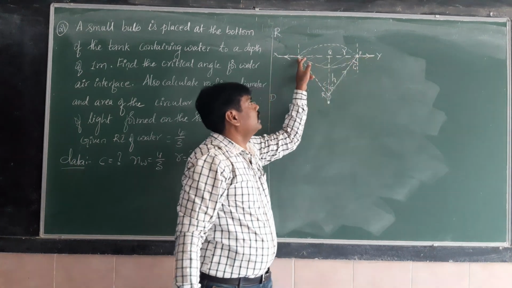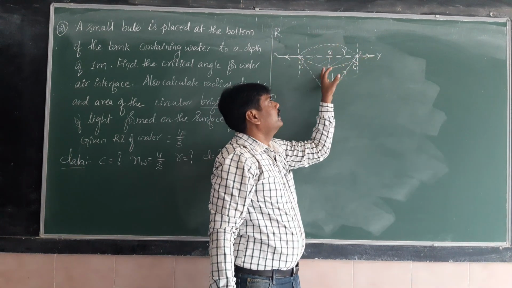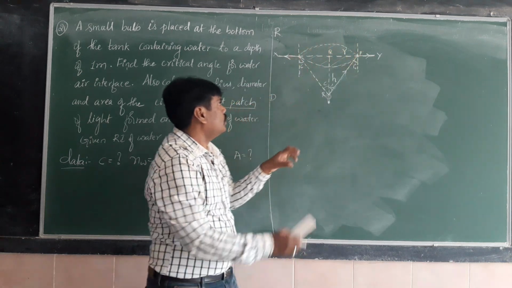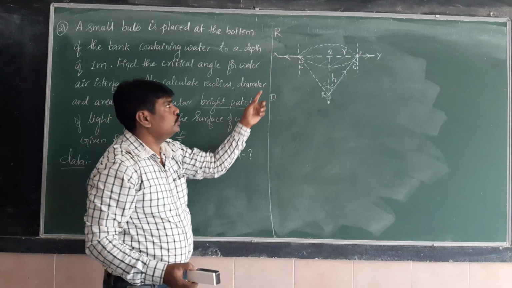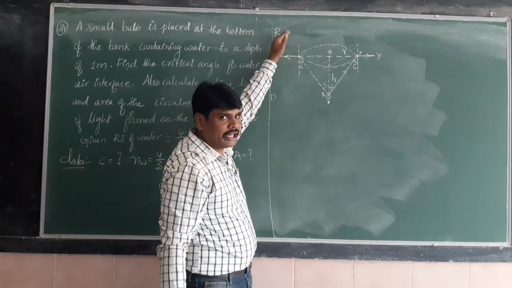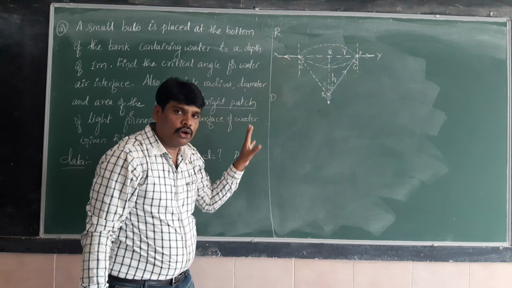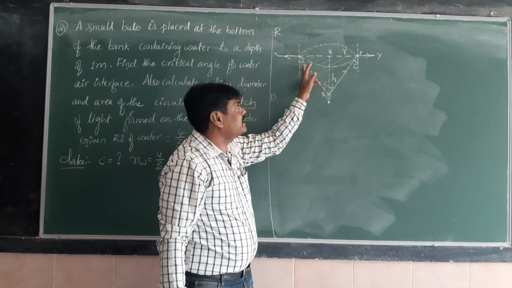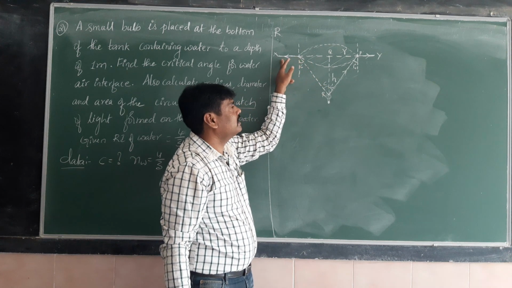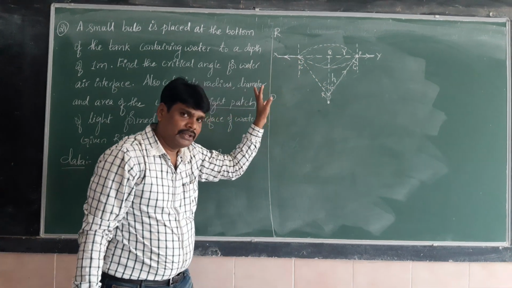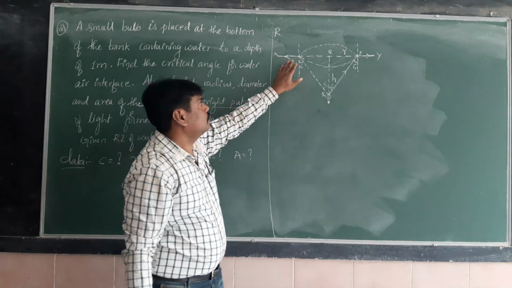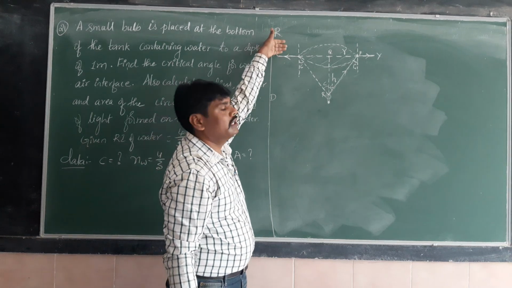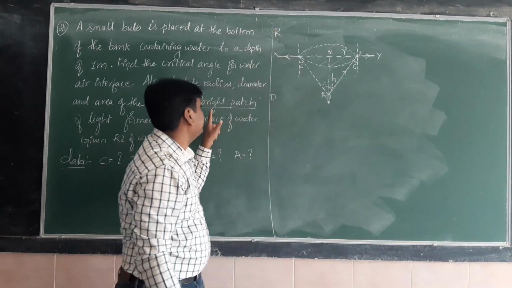So here there is no total internal reflection. Light then passes from denser media to rarer media. So from here onwards, outside this bright patch, there is no light escaping from denser media to rarer media. The reason is that the light must travel from denser media to rarer media, and the angle of incidence here, if it is greater than the critical angle, undergoes total internal reflection. So this light will totally reflect back in the same medium. It won't reach the rarer medium. So that's why you get a bright patch.